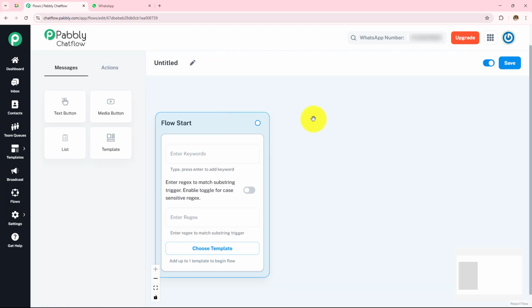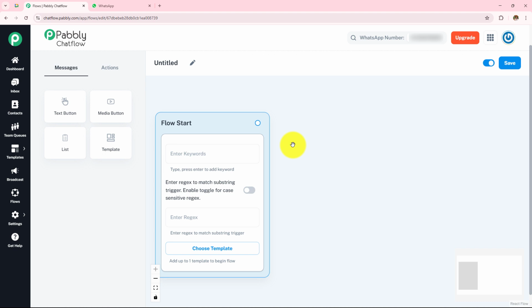So here the flow has opened in front of me, and now let's suppose I am running a fashion collection business and I am receiving many messages and queries on my WhatsApp. Now I am manually replying to all of these messages, and doing this is a very repetitive and time consuming task. So what we are going to do is create a chatbot in such a way that whenever I receive the same question or the same query, my customer will be automatically replied with a chatbot message relating to pricing, brochure, collection or order. So now let's start creating the chatbot step by step.